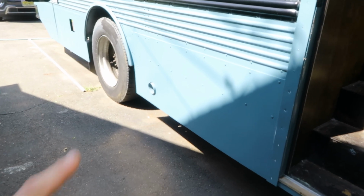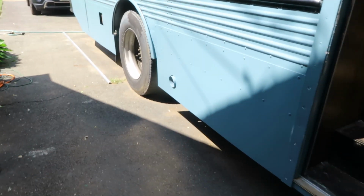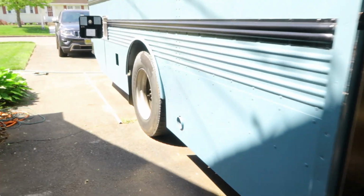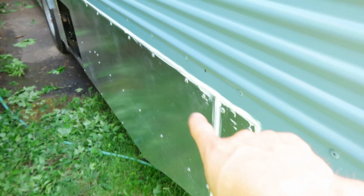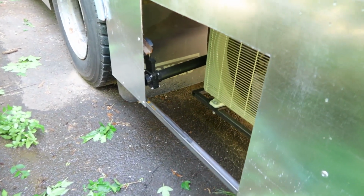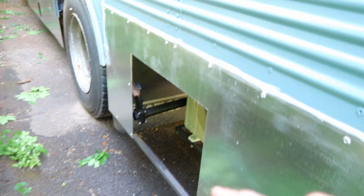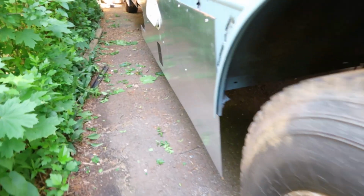And then if we move outside, we put these pieces of sheet metal here and here so that we could extend it and make sure that everything was the same height. Just extending it from this part of the bus towards the back. On the other side, we didn't paint it yet, but I did seal it up. And here is the access for the mini split. So I just need to put a grate over this area here. As we move down,